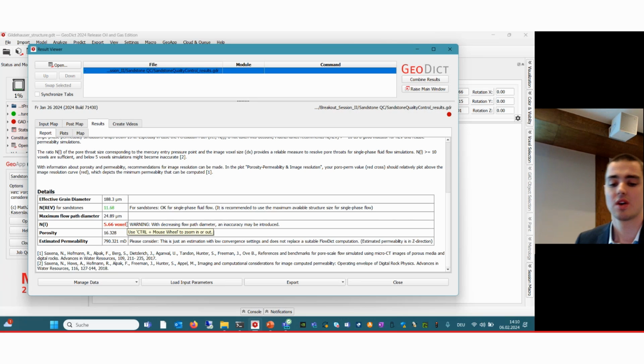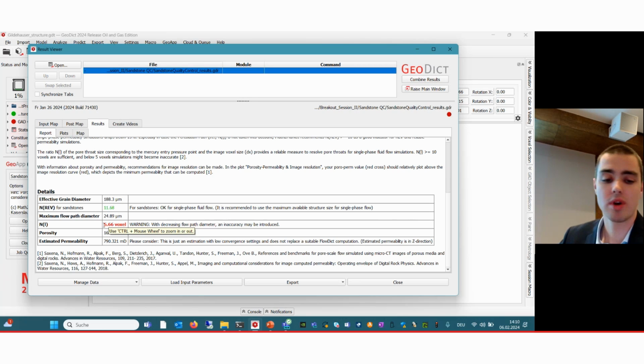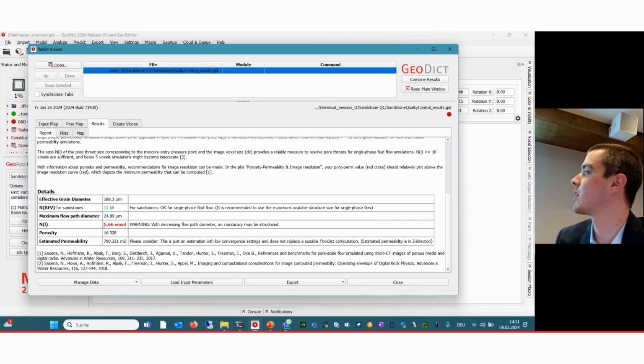So there's this, we can call it an experimental rule of thumb, saying that 10 voxels per throat size would be good enough to have a proper numerical prediction of permeability. However, we also found in our studies that already from 4 or more voxels per pore throat are good enough to have a variation of approximately 15-20%, of course, depending on the exact structure and setup you have in place. So this would be it.